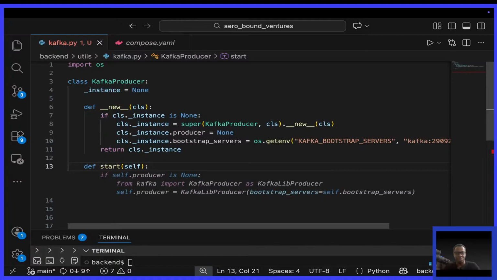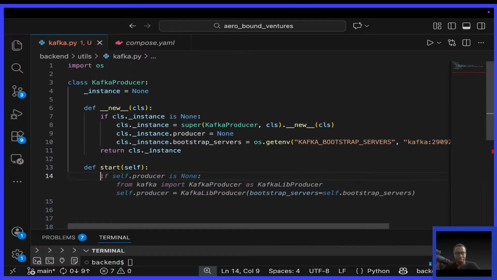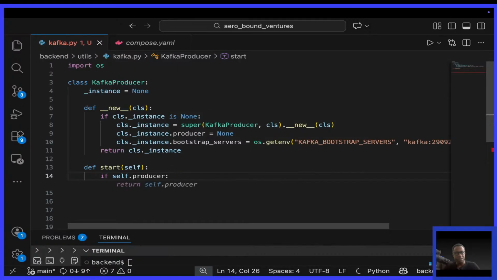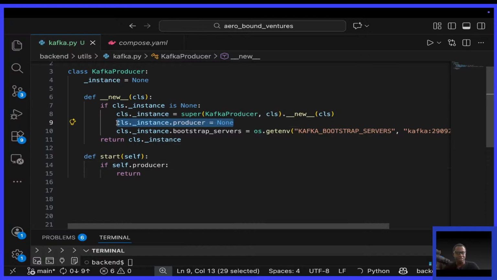Then on the next line, I'm going to do a check. I'll check if the producer already exists. I'll say if self.producer, if the producer already exists, I simply return. I return. There's no need to start. You get? Otherwise, if it is none, if it is a new object,